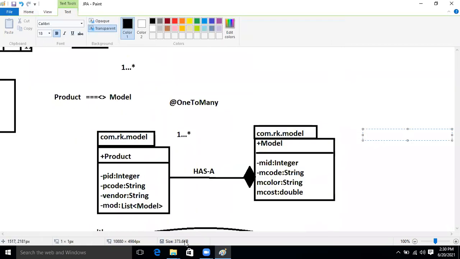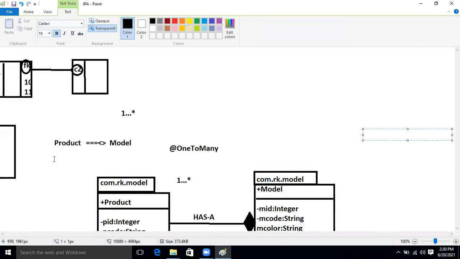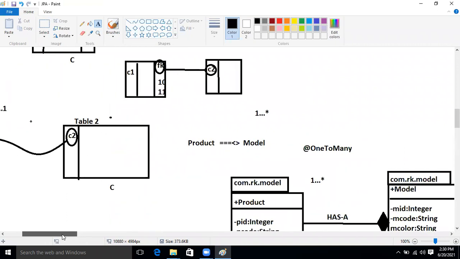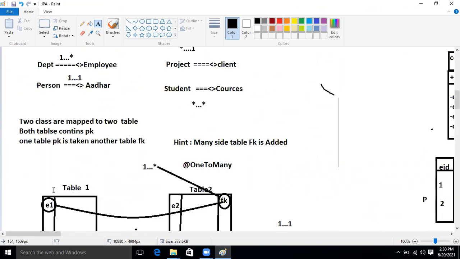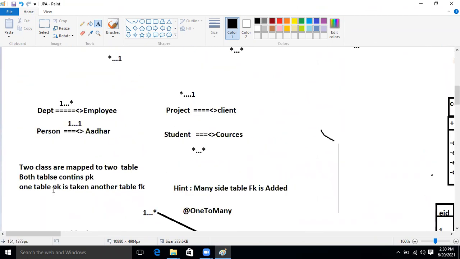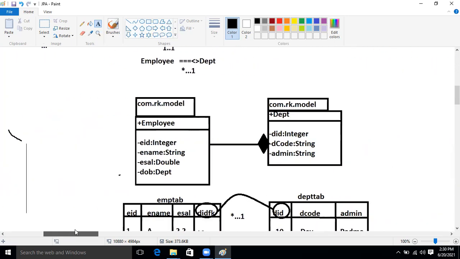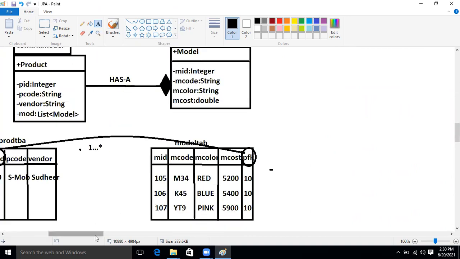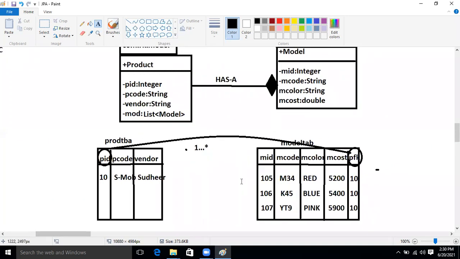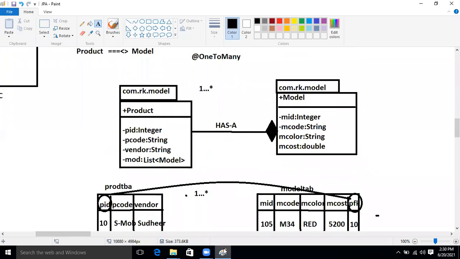Basic things, what one to many and many to one are, we already saw yesterday and completed. No need to explain again, right? Okay, let's move on and we will deep dive in the session now.